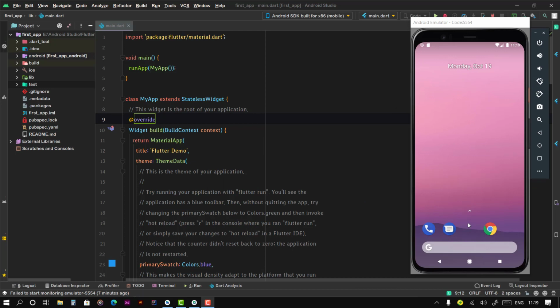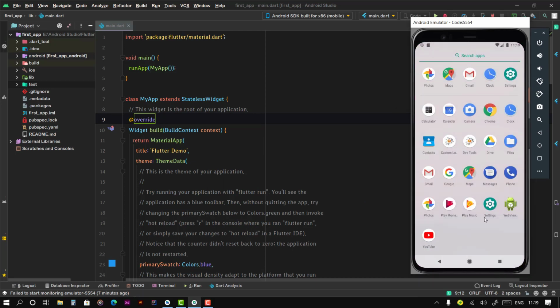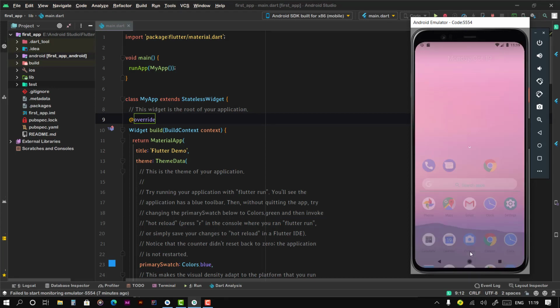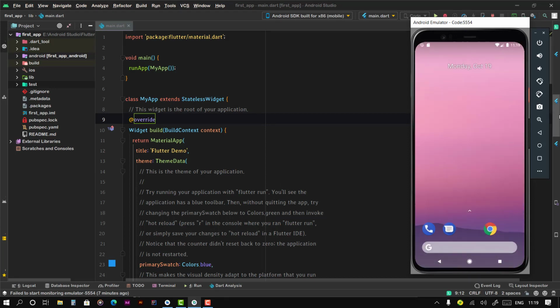The emulator is up and running now after its first boot. As you can see, it is running on Android version 8.1, that's Oreo. Now we will just run this program on this emulator.